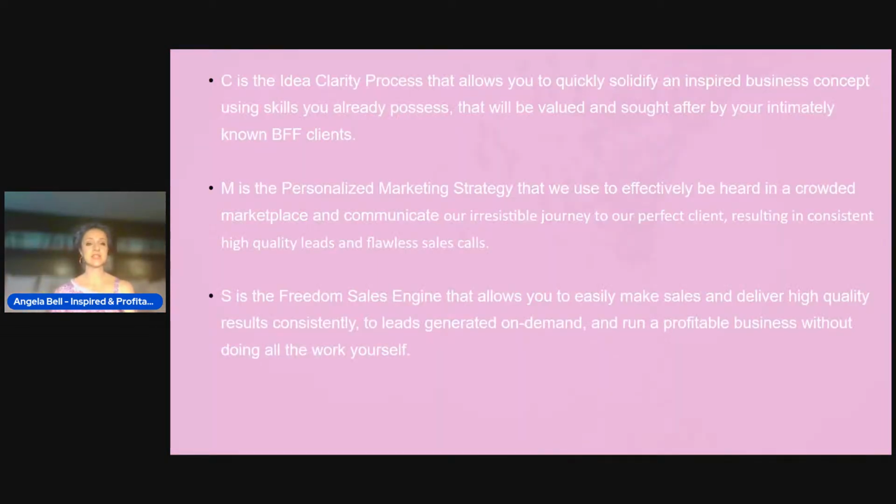Okay, so C is the idea clarity process that allows you to quickly solidify an inspired business concept using skills you already possess. Remember, the key here, you're not going out to learn new skills. You're not trying to be someone different. You're using what you already know, what's already inside of you, and it will be valued by and sought after by your intimately known BFF